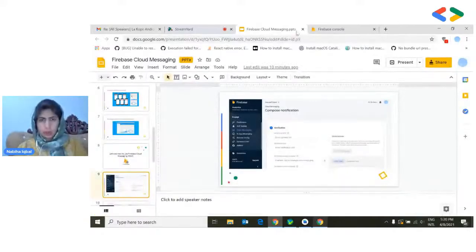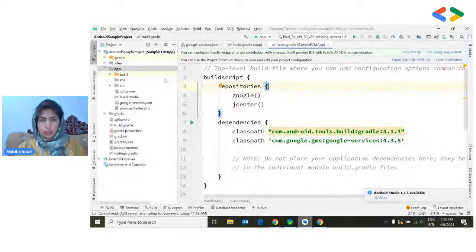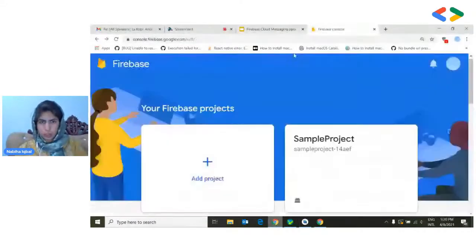Here we have Android Studio and I have created a sample app. Now let's see how we can configure it with Firebase. Let's first move to the Firebase console. Here is the Firebase console dashboard, and I have created a sample project. You can create one just by clicking on the add button and adding some information related to it,